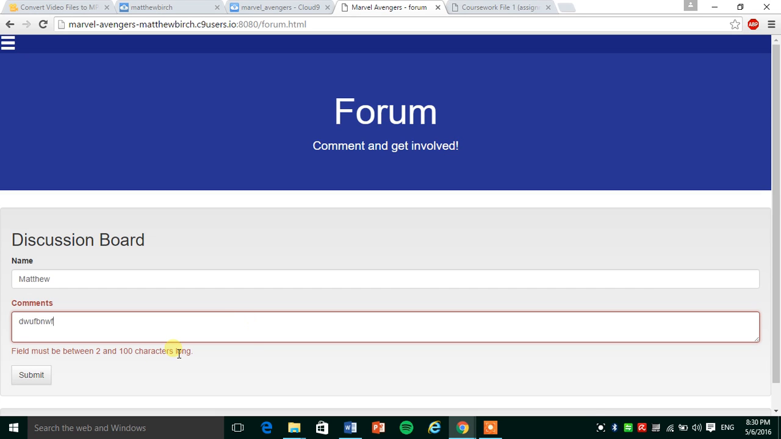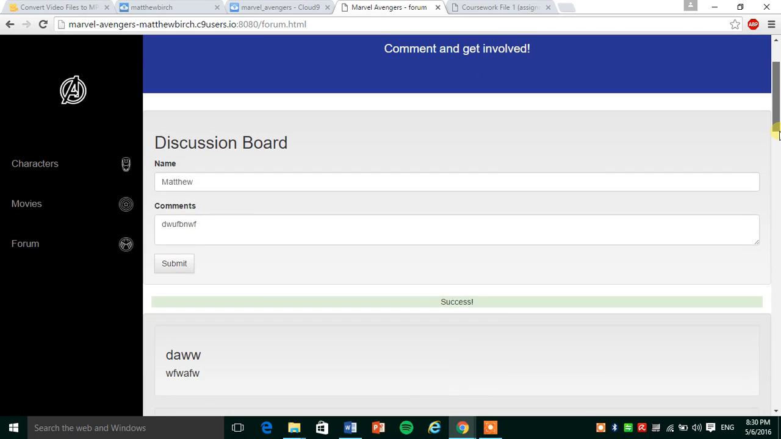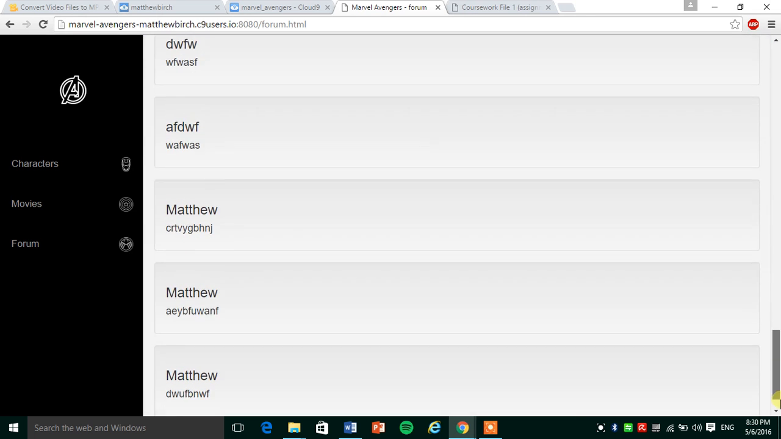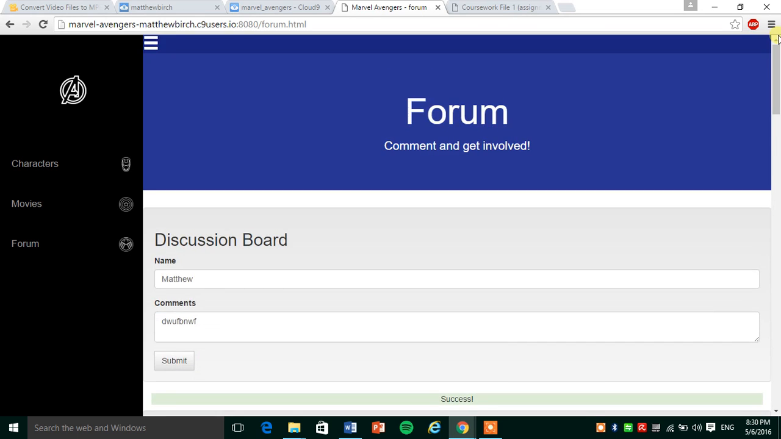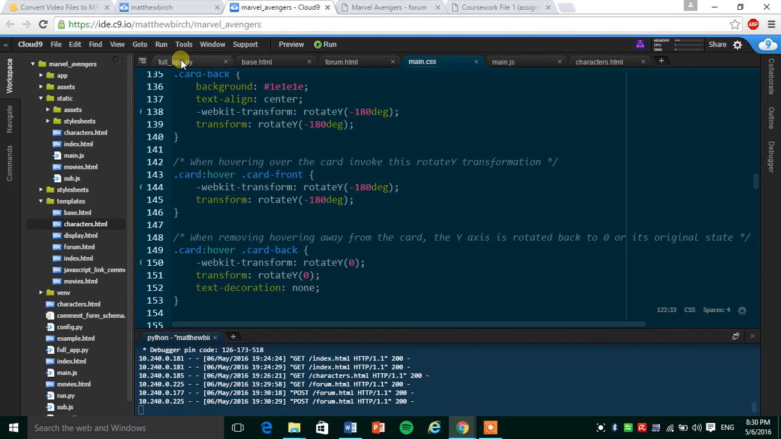But if I enter the comment in here and I click submit, I then scroll down to where the comment was generated, which is here. And this is done using Flask, or more specifically WTForms. So if I jump into my full app.py,